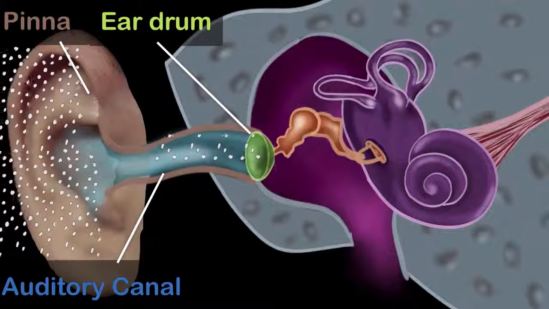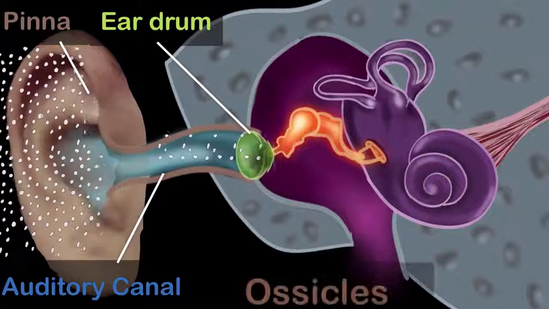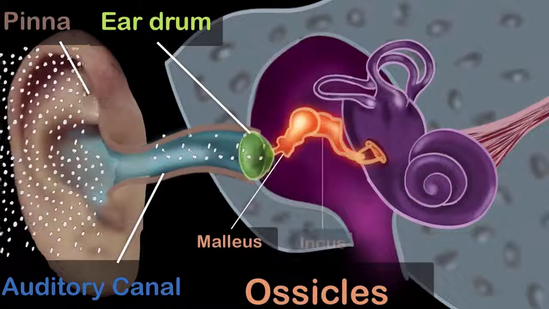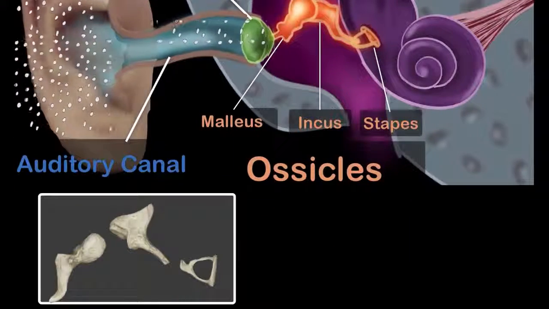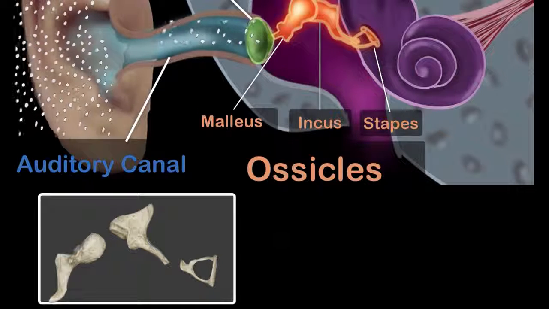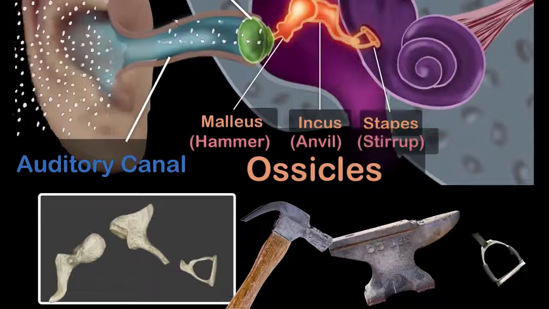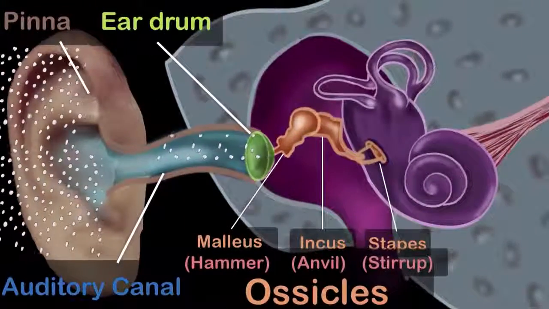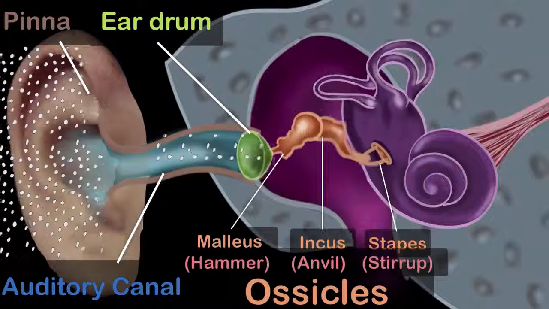The middle ear consists of the three tiniest bones of the human body, and they're together called the ossicles. And they have pretty cool names. They're called the malleus, the incus, and stapes. And here's the actual picture of these three bones. And because of their shapes, they're also commonly called as the hammer, the anvil, and the stirrup. Stirrup is where you rest your feet when you're riding your horse. Alright, so as the eardrum vibrates, you can see the ossicles also start vibrating, transferring the vibrations from the eardrums